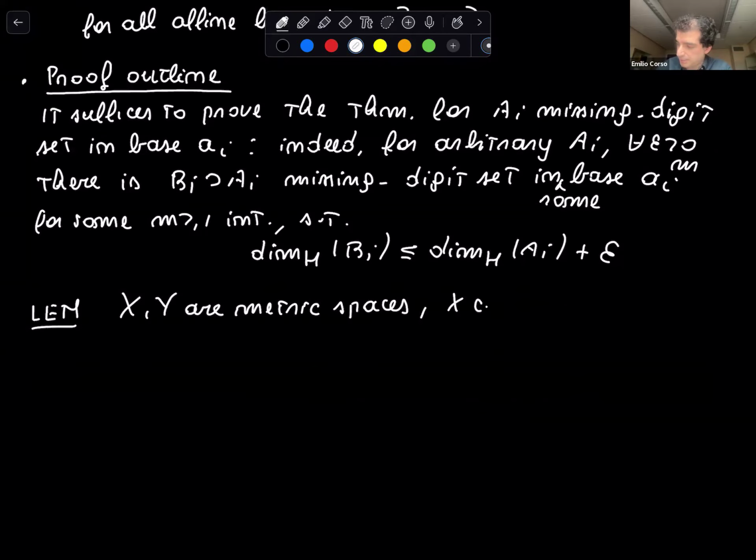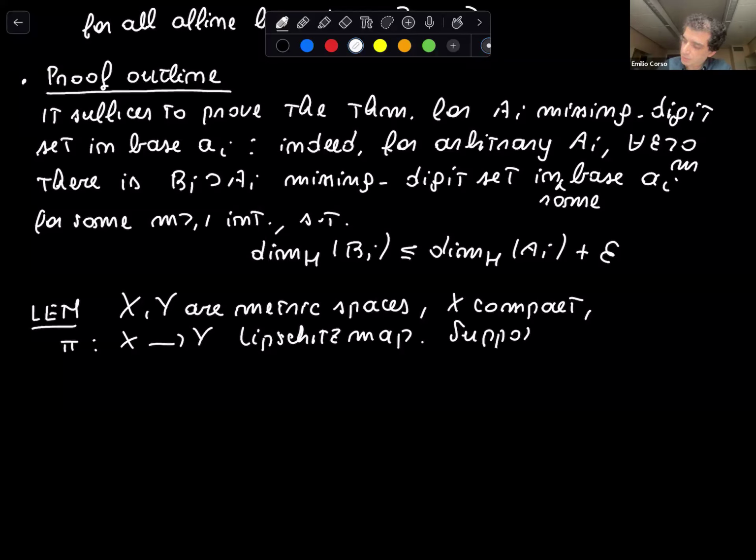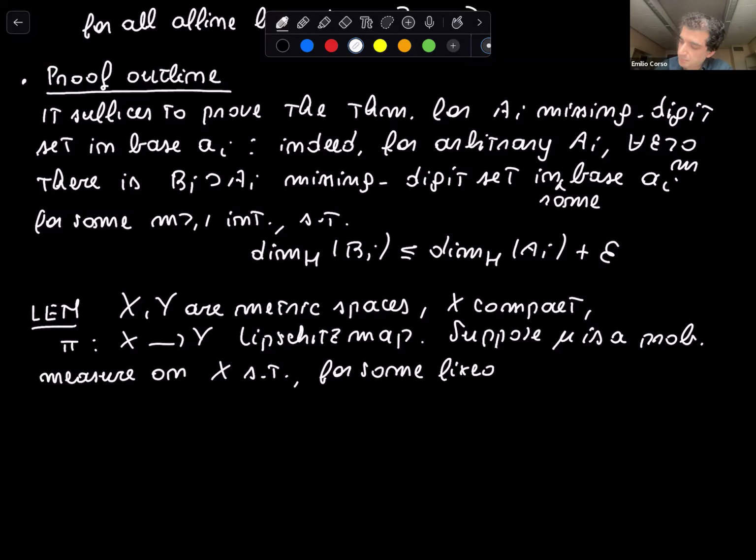Our metric spaces, say with X compact, and pi is a Lipschitz map. Well, suppose we have a measure mu, a probability measure. Suppose mu is a Borel probability measure on X, such that for some fixed real parameters S and T, real 0 at most T at most S,